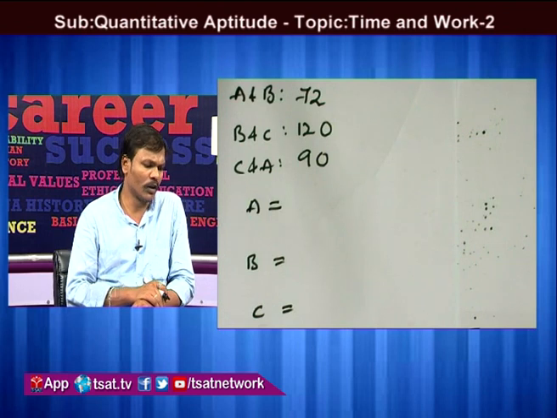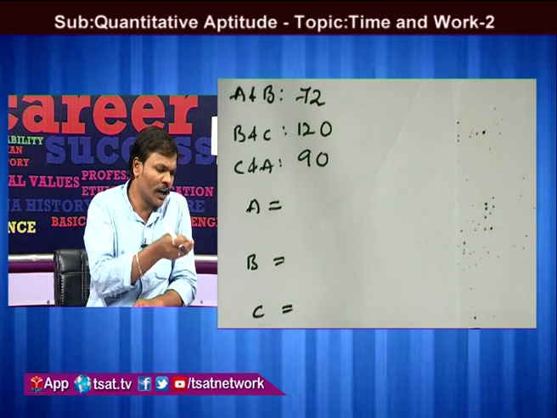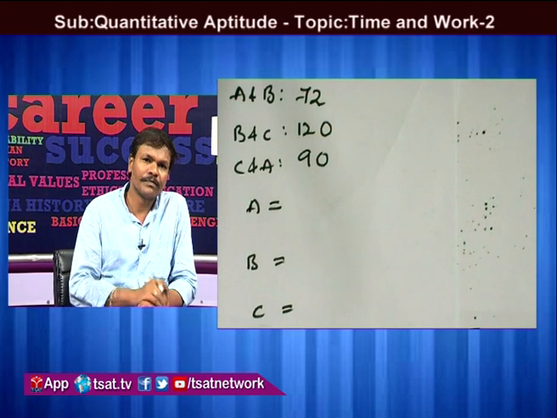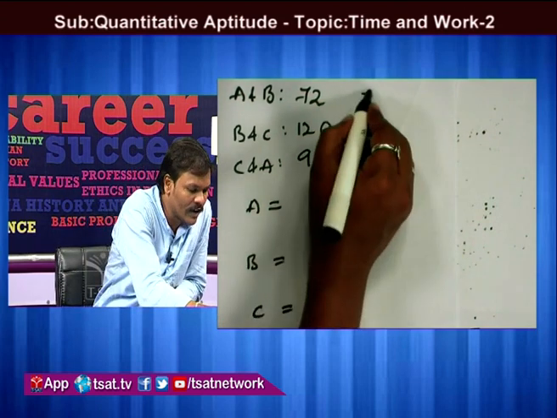And you have to observe 72, 120, 90. How many values? 3 values. When we have 3 values,